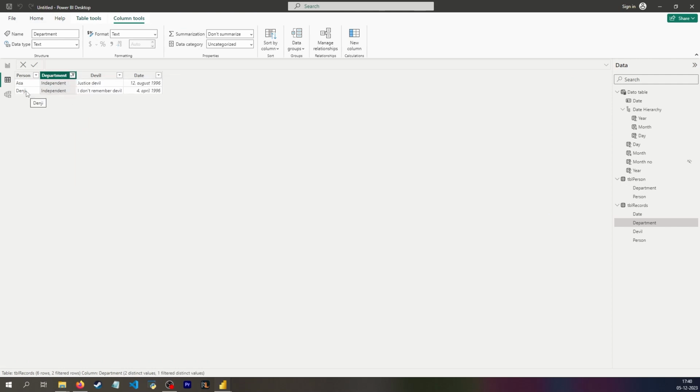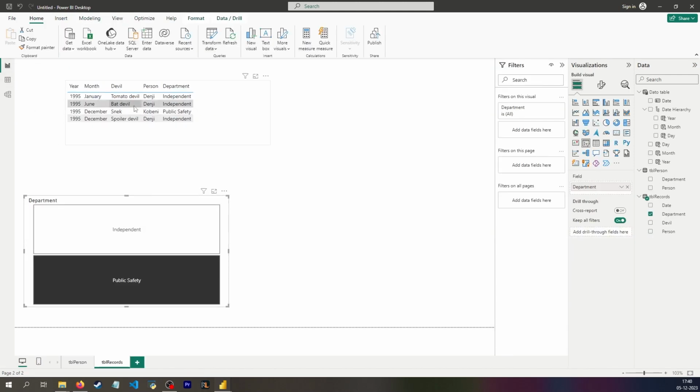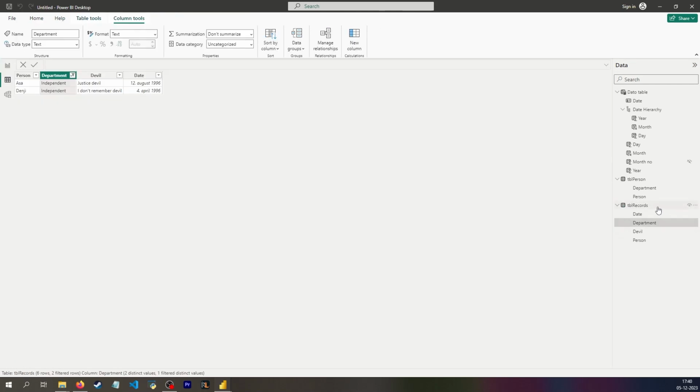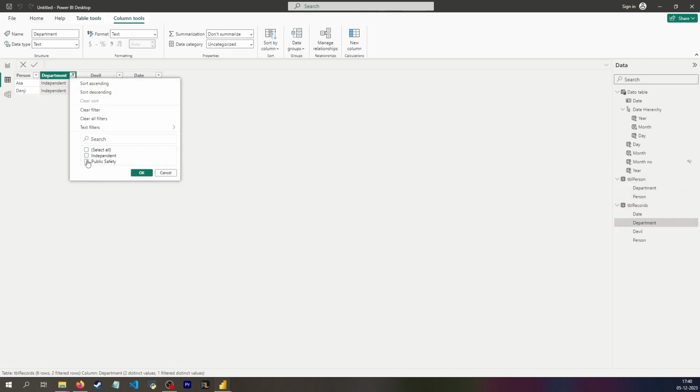So it doesn't matter that Denji currently is independent. When I switch the slicer around to show public safety, I will get the original rows for Denji, because when I'm in the tblRecords table, it doesn't care that his current department is independent because I only see that in tblPersons. And this can be relevant in a work case if you have employees that switch departments, which was something